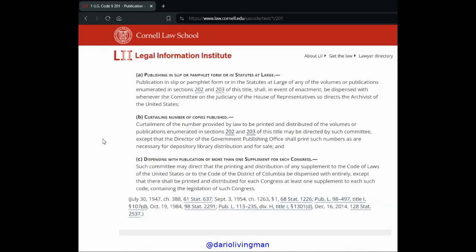B. Curtailing number of copies published. Curtailment of the number provided by law to be printed and distributed of the volumes or publications enumerated in sections 202 and 203 of this title may be directed by such committee, except that the Director of the Government Publishing Office shall print such numbers as are necessary for depository library distribution and for sale, and